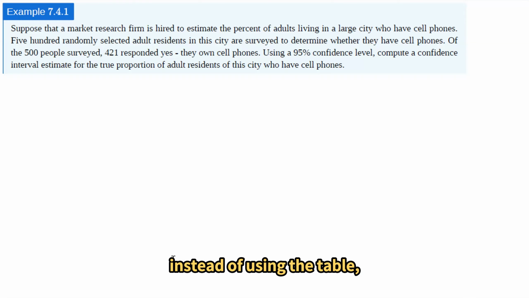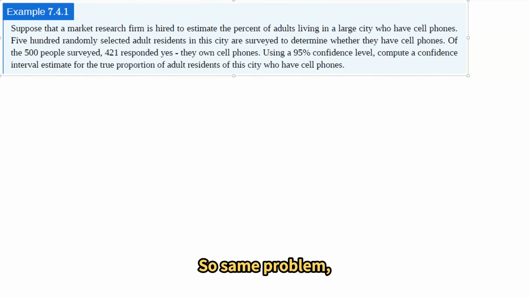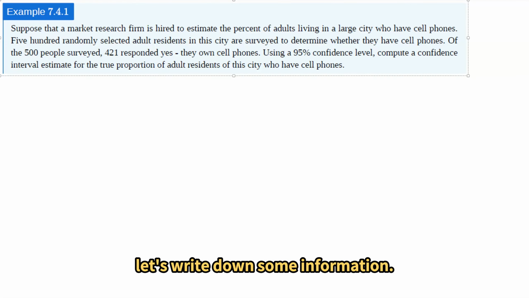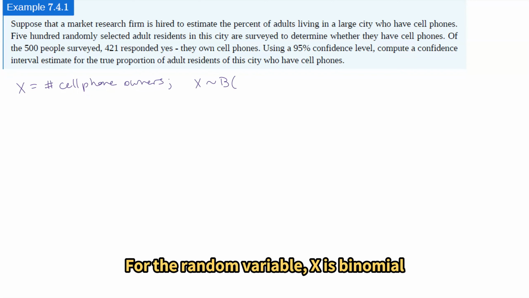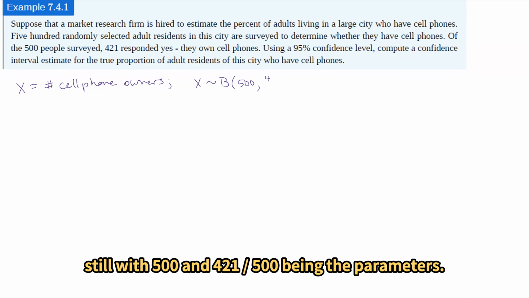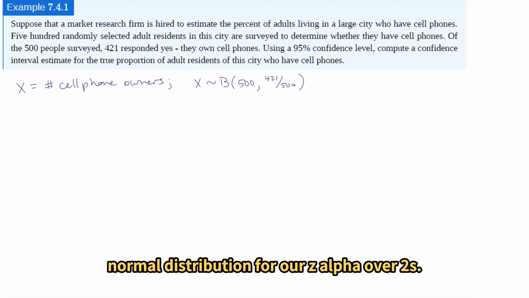using the table, instead of using the template, we could do this mostly by hand. So same problem, let's write down some information. We have X being the number of cell phone owners for the random variable. X is binomial still, with 500 and 421 over 500 being the parameters. Since it's binomial, we can use the standard normal distribution for our